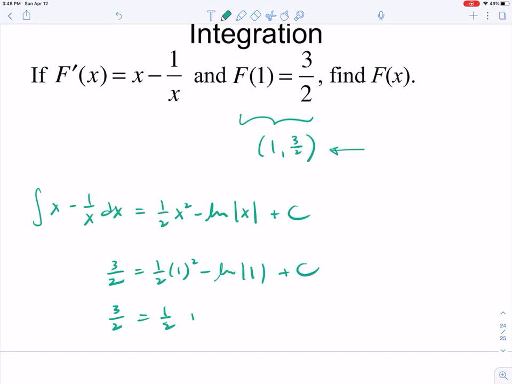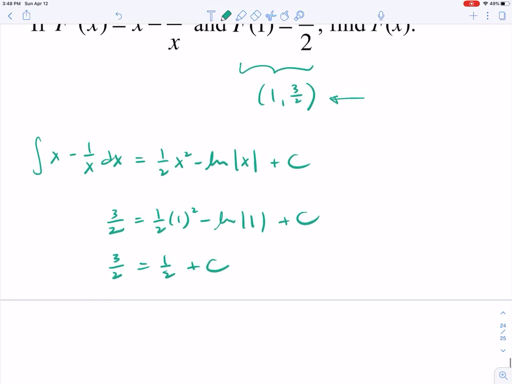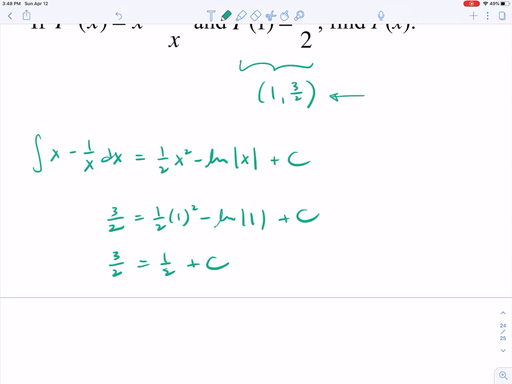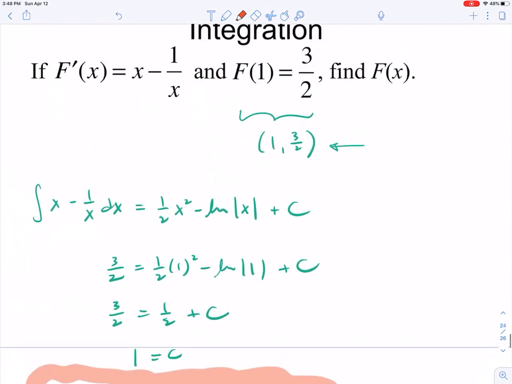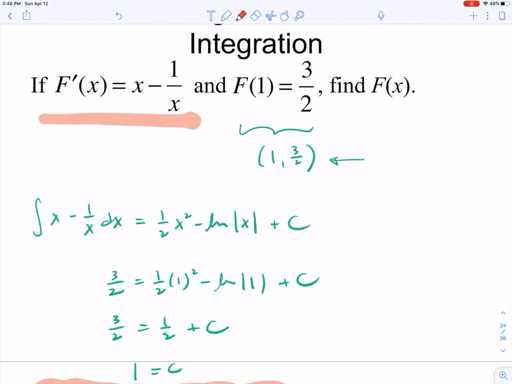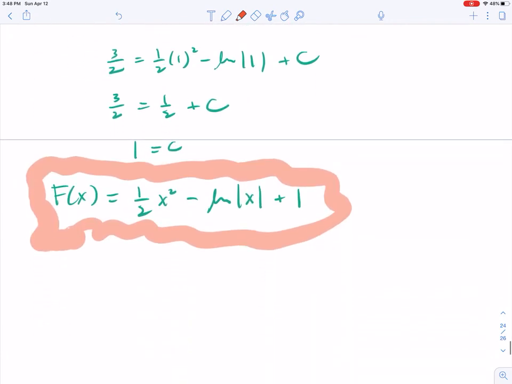So we'll have 3/2 equals 1/2. Natural log of 1 is 0. And then if we subtract 1/2 from each side of the equation, well, that'll give us c is equal to 1. So capital F of x, the equation for capital F of x is going to be 1/2 x squared, not plus, minus natural log of absolute value of x plus 1. So basically, this is the antiderivative of this function that also passes